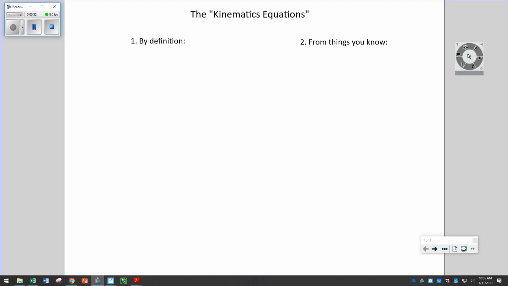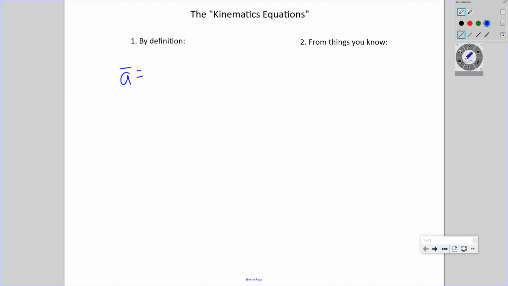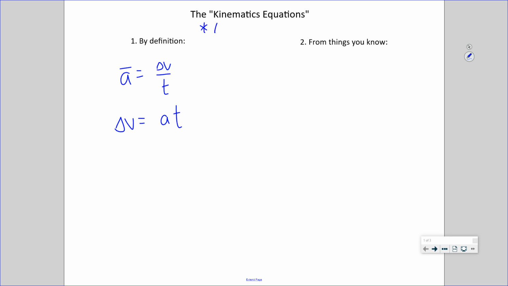So the first one is not anything different than a definition rearranged, and that definition is of average acceleration. That definition is delta V over delta T, or simply T. That's just a definition of acceleration: average acceleration, the rate of change of velocity. We can write this differently if we want and say delta V is AT. I'm going to drop the average. All right, these all assume